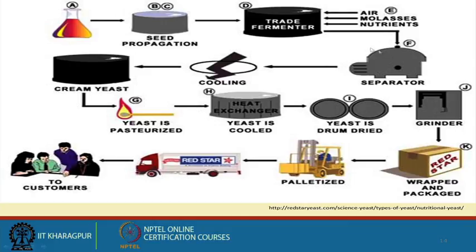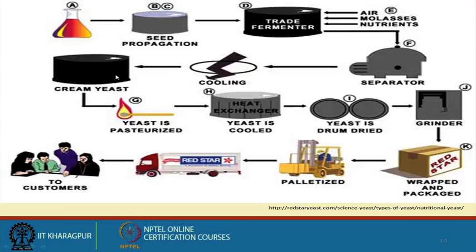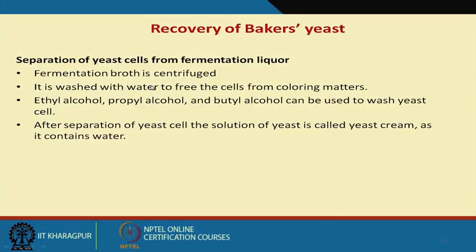After that you do the separation of the yeast cells, then you cool it down to get cream of yeast cells. Then you pasteurize the yeast cells, then pass through a heat exchanger, cool it again, then drum dry, grind it, pelletize it, and sell it in the market. This is usually how active dry yeast is produced. I mentioned that centrifugation is used here